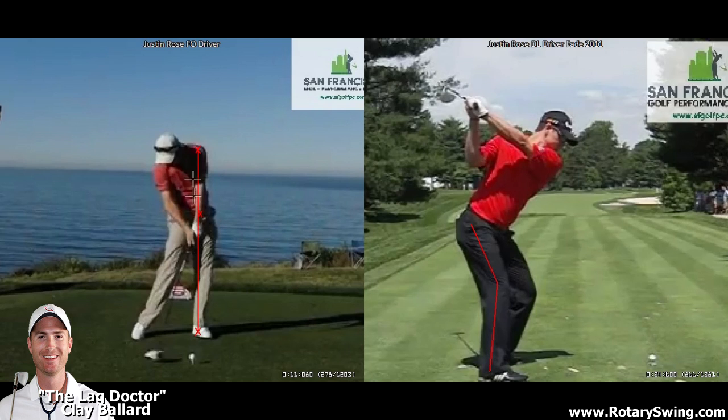So if you imagine he was hanging back on his right side and his left shoulder was back here, so he had a lot of shoulder tilt. Here's his current shoulder tilt, and here's his spine tilt. Now let's imagine, I'm going to draw a stick figure over here on the left. Let's say it's a little bit different. Let's say he's hanging way back on his right side. This would be his left shoulder, this X. Here would be his left hip socket, and here would be his left ankle. Now you can see, instead of this being a straight line, he would be very tilted to the right,